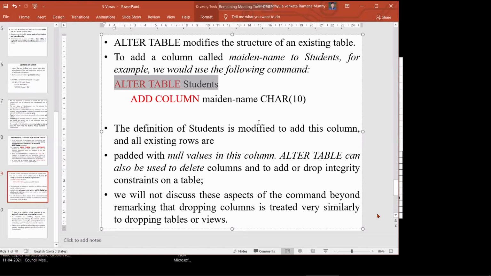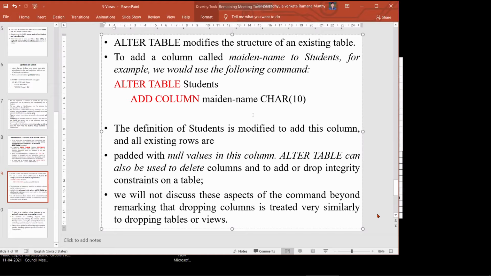Clear? Similarly, if you created a primary key or foreign key or unique key, those things also can be added or deleted from the existing tables. You can add, you can delete. Delete we always call as a drop, except for row values. Whenever you are referencing columns or table level, we call it a drop.